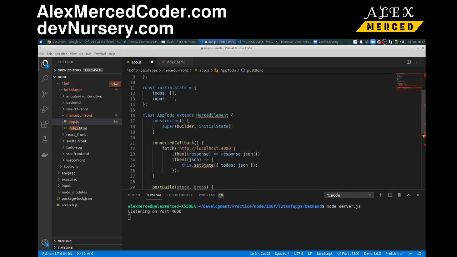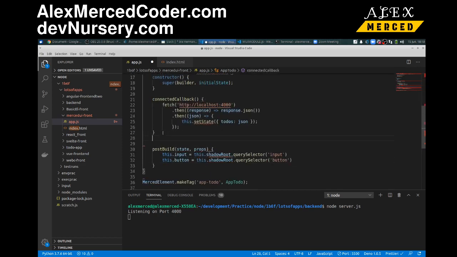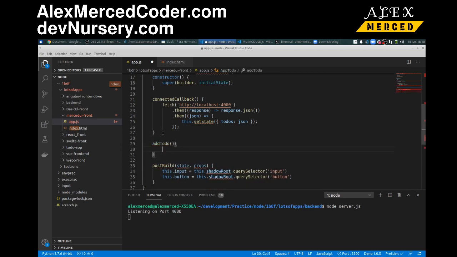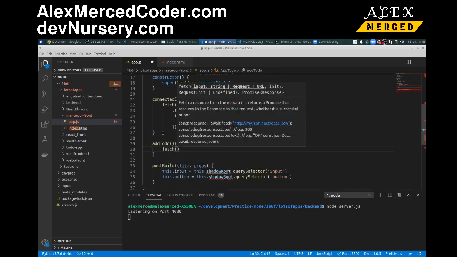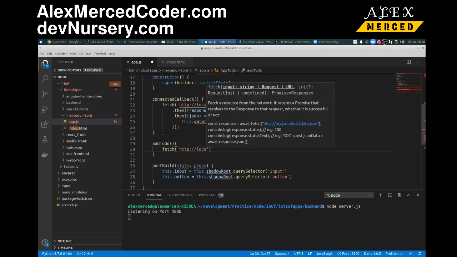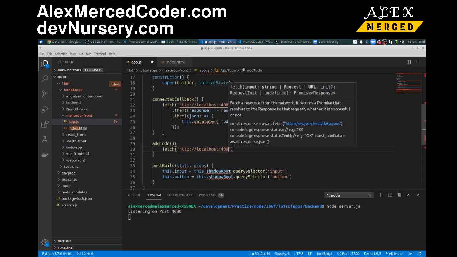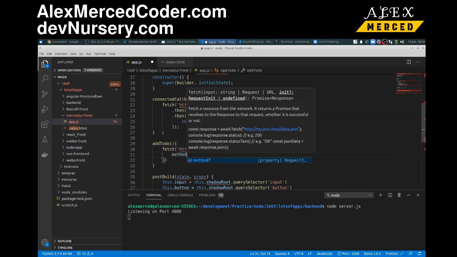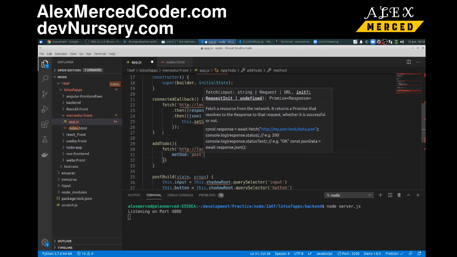Now we need to create a function for the button, so that way we add a new to-do. So we're gonna go here, addTodo. And we don't need to pass anything into it. Basically what this will do is just do the fetch. So fetch, we put the URL in there, http://localhost:4000. Then we have to pass in the object with all our details about how to make the call. So method is post. You've seen me do this pretty much in every video in the series. Method post,